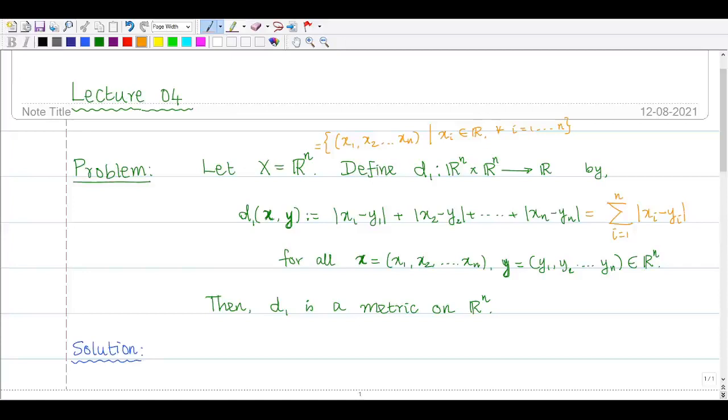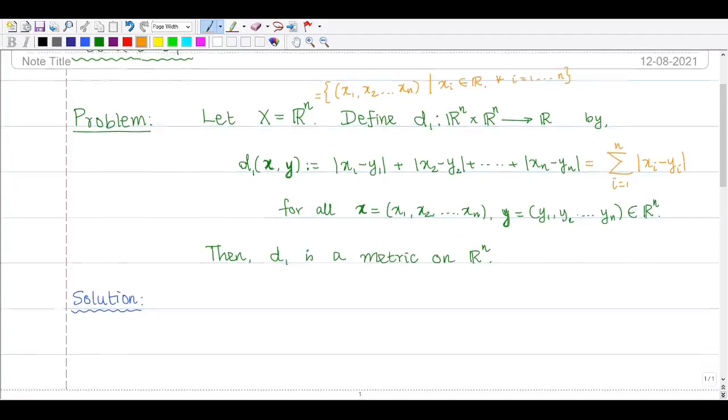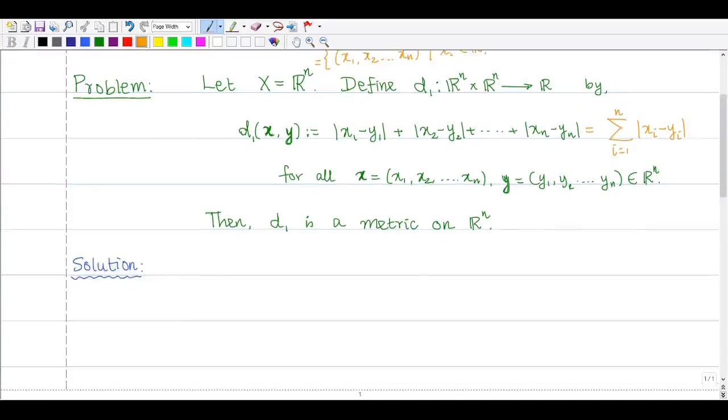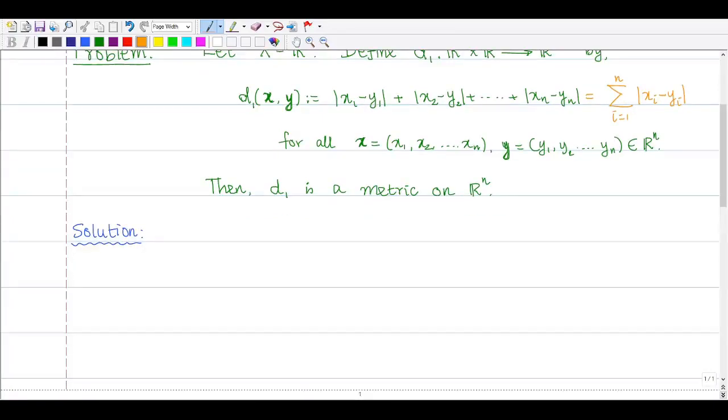So now we want to show that d1 is a metric on capital R^n. அப்படினா சொல்ல போறேன். So we'll go to the proof. ஓகேங்களா? Solution இது எப்படிங்கிறத பார்க்கலாமா? So it is easy, first it is much easier. Number one, since every term is positive, இது positive because we are having modulus. Here this is positive, okay, and this is positive. So by definition, clearly by the definition,